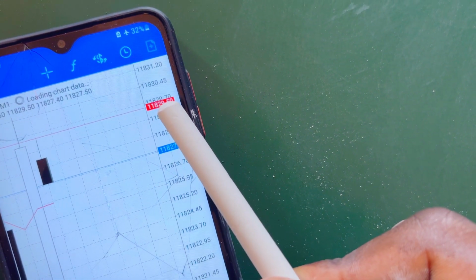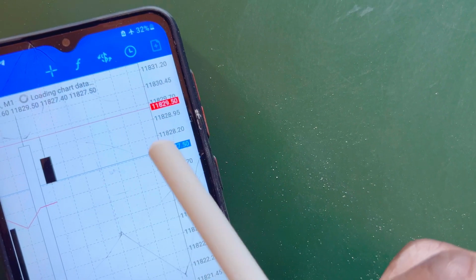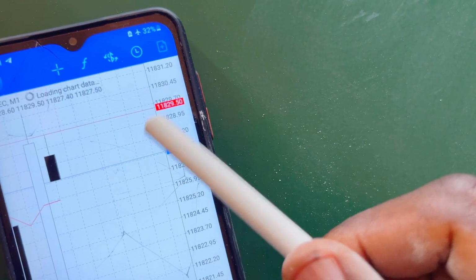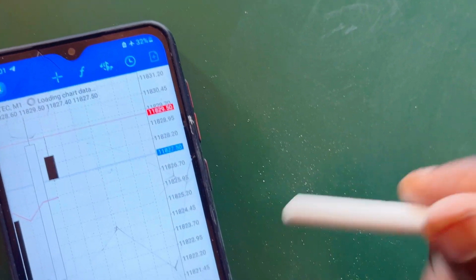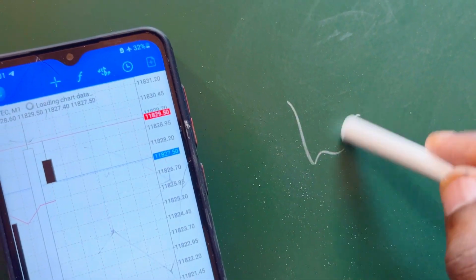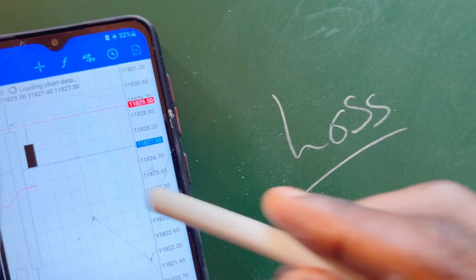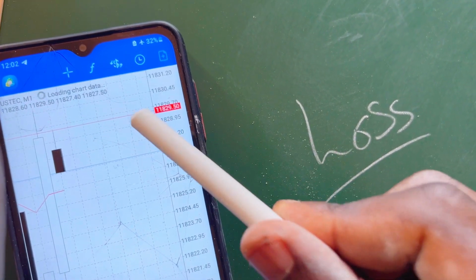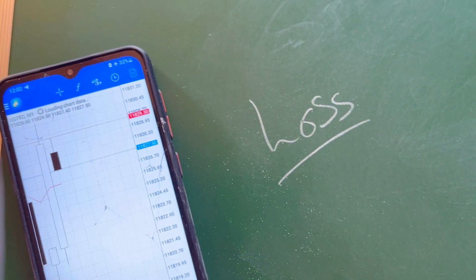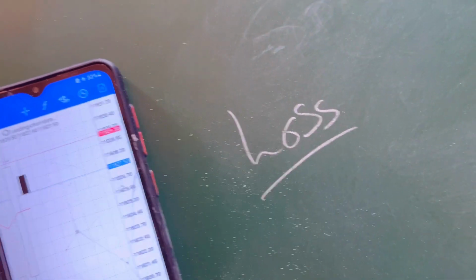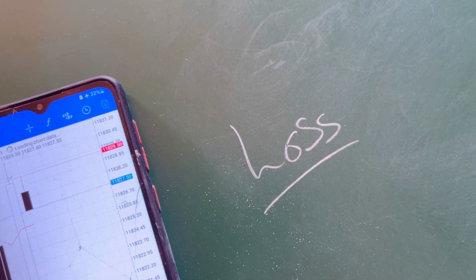So let's say you buy or you sell, the broker will already profit. That's why when you enter a trade, you will start at a loss, because you have to pay the spread. And when you're trading in the foreign exchange market, since we know the spread is a profit for the broker,